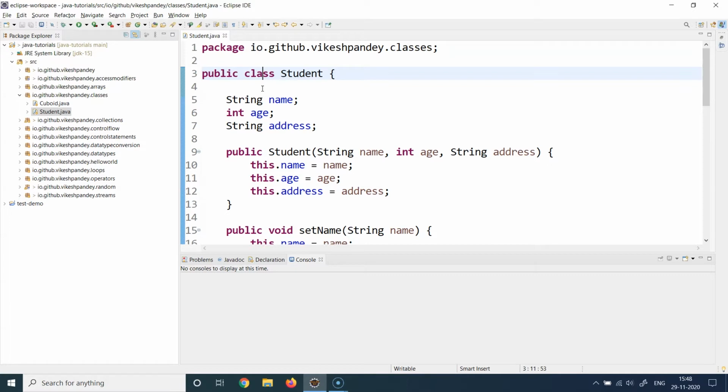Behaviors are actions. You can think of them as a human being can speak. So can speak is an action, it's a behavior. Can listen is an action, is a behavior. Can walk is an action, is a behavior. Similarly, can eat is also an action or a behavior. So that's how you basically represent an entity. That's how you identify an entity, that an entity will have some attributes and some behavior.